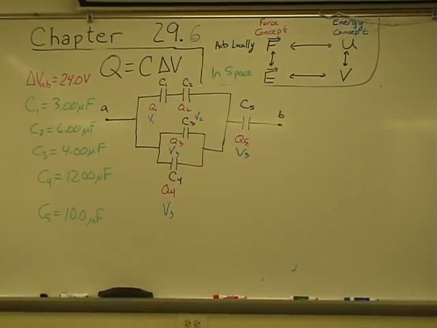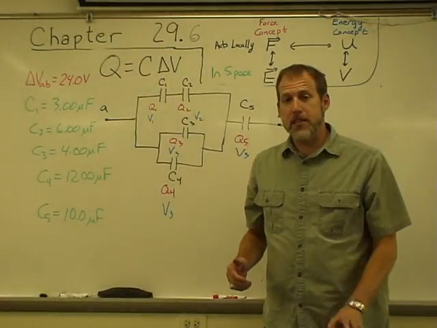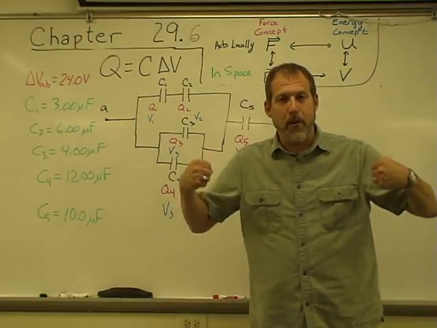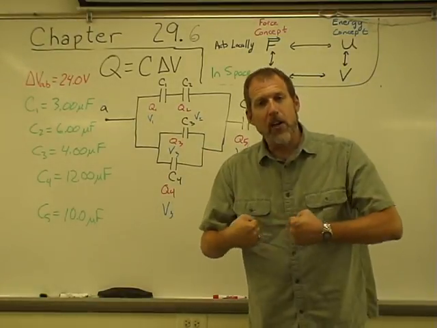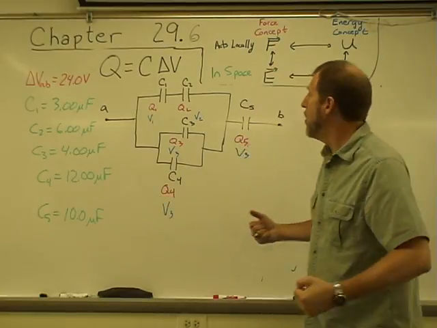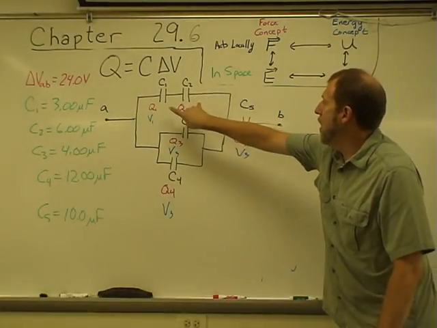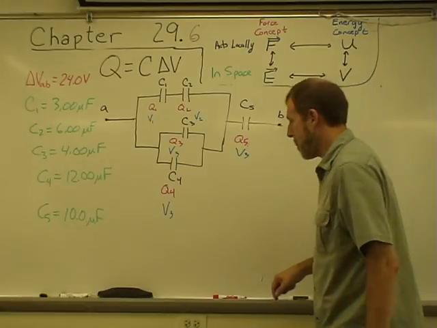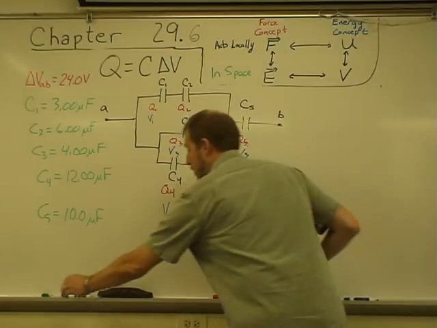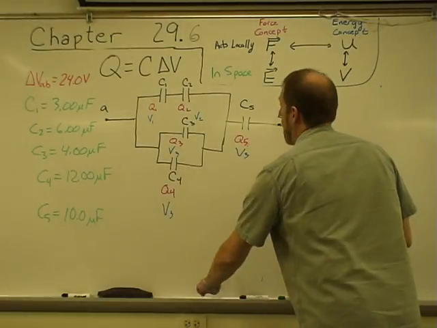Okay, now, in these systems, the equations themselves are going to be fairly short. I think of this as like an accordion. We have to be able to use them in the right order. So we're going to crunch everything together into one equivalent capacitor and then pull everything back out. So, for example, here, the equivalent capacitance of